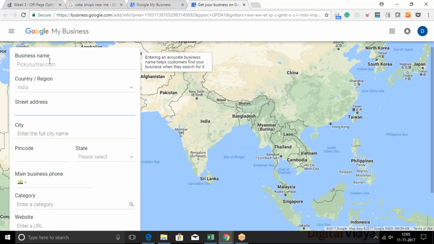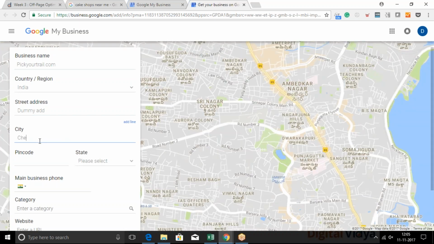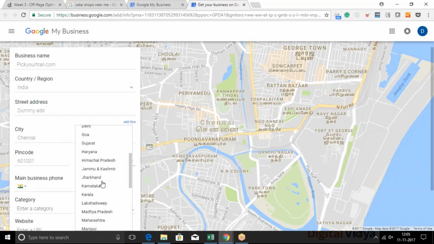Enter your business name, enter your address. This address should be the same that you are showing on your website, right? So let's say I'm just writing a dummy address just to show you the demo, but you should write your correct address. Enter the full city name, PIN code, state,